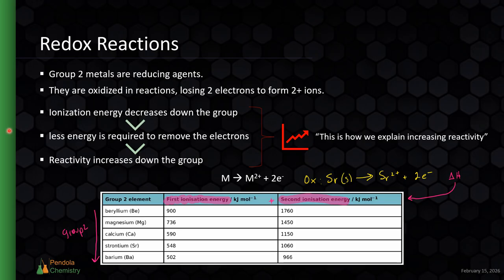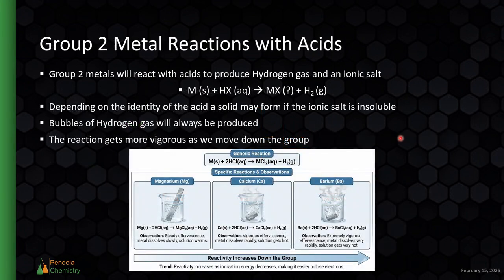So now that we talked about that, let's look at some specific reactions. This can be seen in the reaction of the group 2 metals with acids. Now, unlike chapter 10, where we're looking at a period, chapter 11 is going to have the same reaction for every single element in the group. For the most part, there's a few exceptions, but for the most part, whenever we have a group of elements,